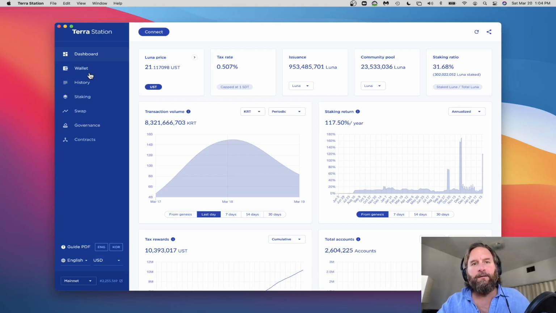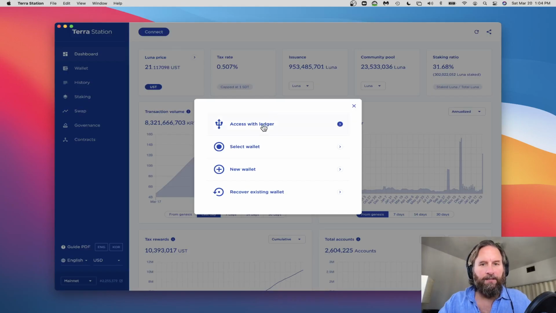But we're going to talk about how to make this work, right? So once you download the application, as I just said, you're going to see something like this. But we need to connect, right? So what are we going to do to connect? We're going to connect, again, accessing with a Ledger. You could do it with just a password and stuff like that, but I wouldn't recommend it. I think it's always better to access things with the Ledger, and do this right from the beginning if you haven't staked any Luna yet, because this is the way to do it right, in my opinion. So you set it up with the Ledger,